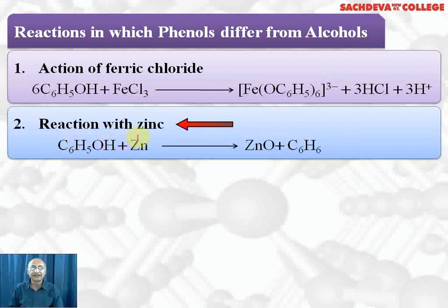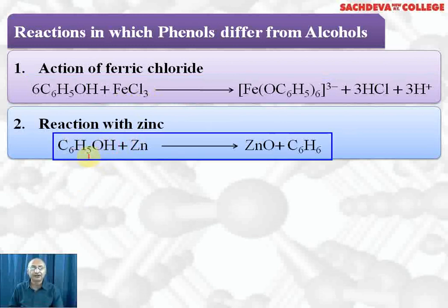Reaction with zinc dust is important because if you want to convert phenol to benzene, heat it with zinc dust, and you will get benzene. And from benzene, you can further prepare toluene, nitrobenzene, bromobenzene. So the first step is important to get benzene. After that, you can convert it into any suitable product. Even acetophenone, if you want to prepare, you can very well prepare from benzene by Friedel-Crafts acylation. So this reaction converts phenol to benzene.